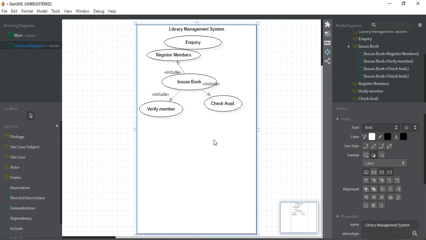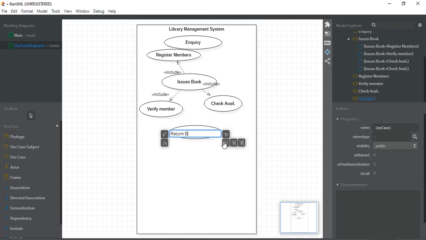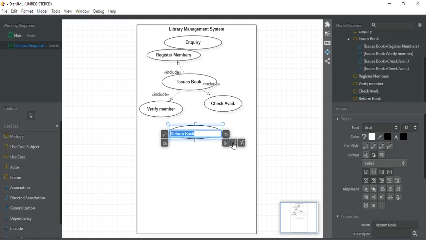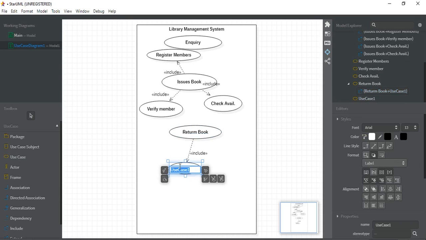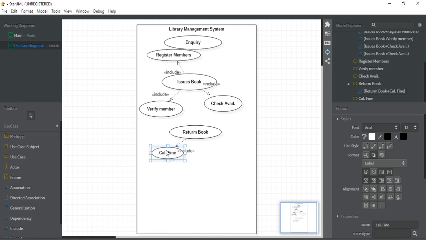And the next use case is return book. It includes another use case, called calculate fine. And the calculate fine use case